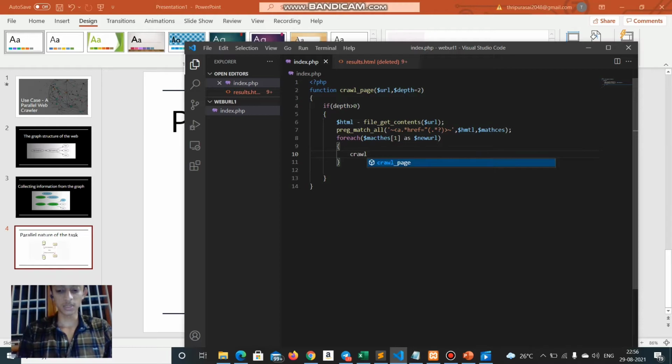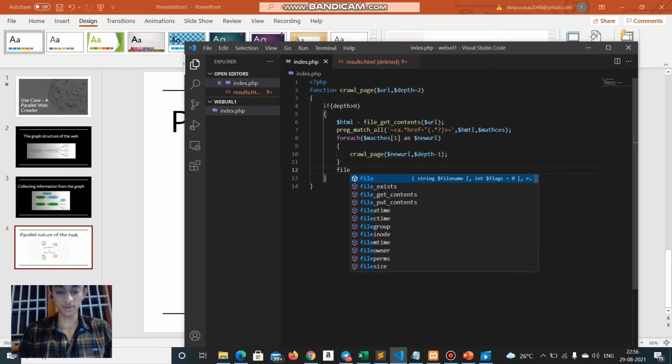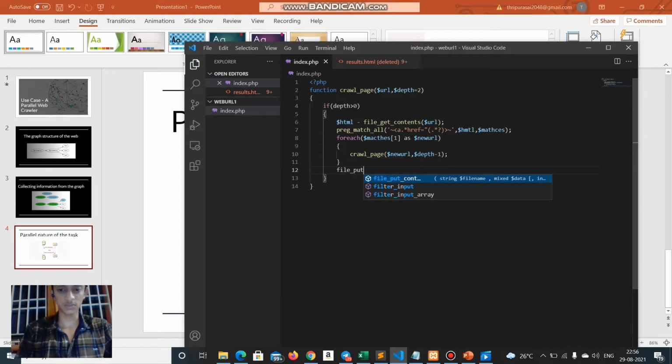It will run until depth is no longer greater than 0. Here I will decrement the depth and the last line file_put_contents,